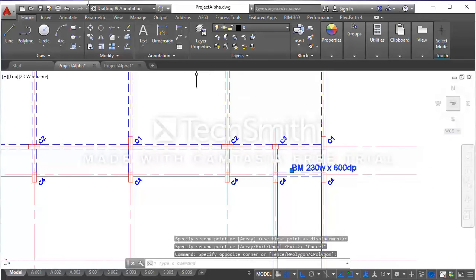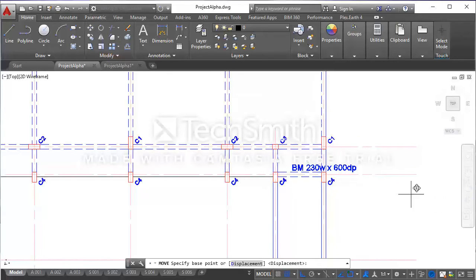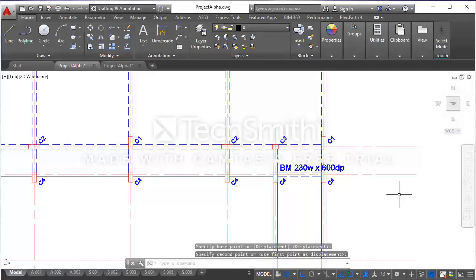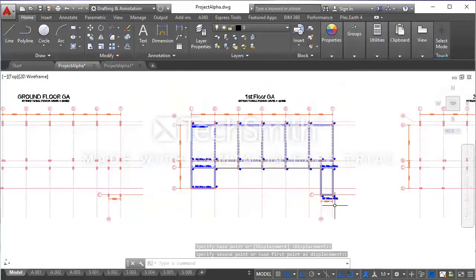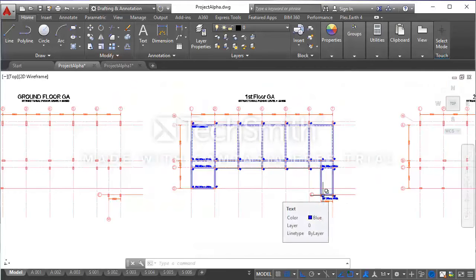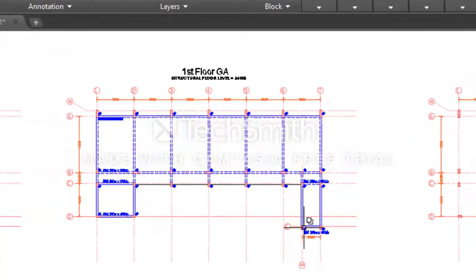So I'll move it backward a bit. 230 wide by 600 dB. Now I've labeled all my beams in the horizontal direction.